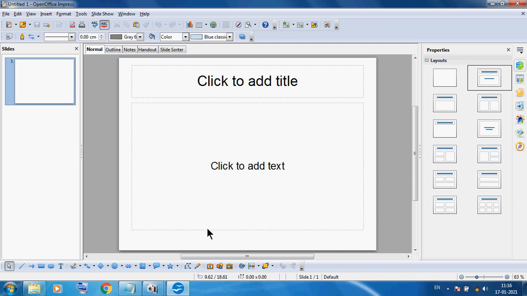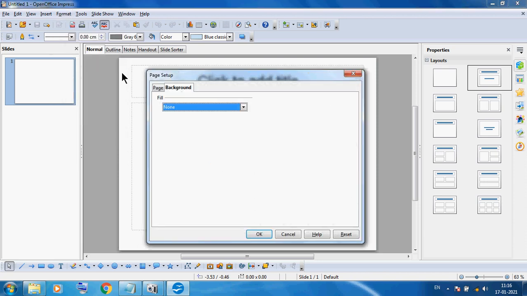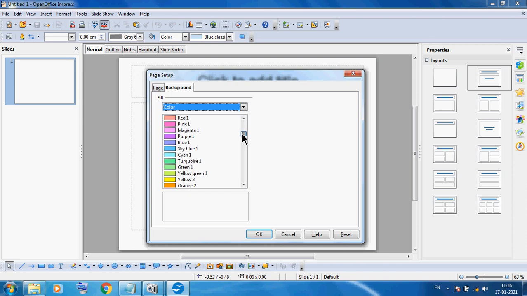Okay, but here I want to change the background of slide. So first you click on format. You can see format, and then here I am using page. You can see page, and on this page you can see this is our window. Here we have several options, so here I am using colors. In colors you can see different kinds of colors.